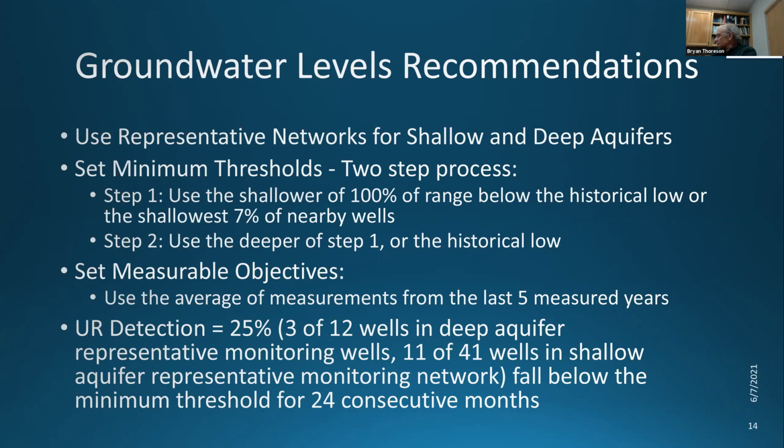But first off, a couple things I want to say, noting this, there's only 3 wells where the limiting factor was the shallowest domestic well. There's only 3 wells there, and there's 2 wells where the limiting factor was the historical low. So on the 2 wells where the historical low is the limiting factor, the technical team has noted that if you're setting the minimum threshold at the historical low, there's no operational flexibility below that historical low.